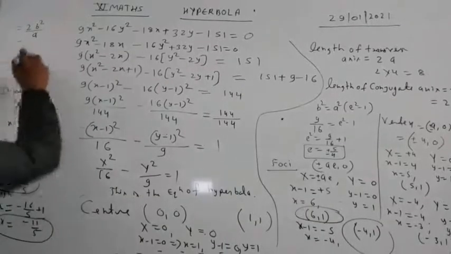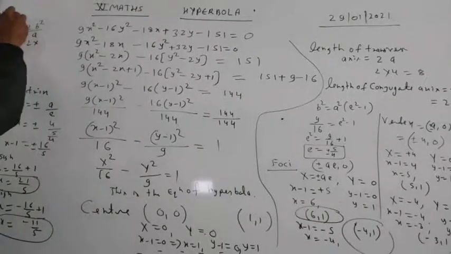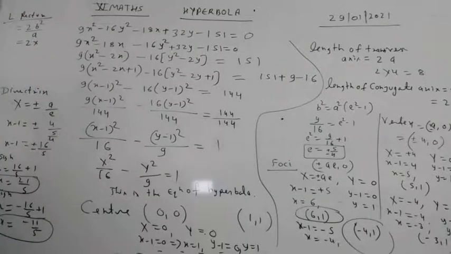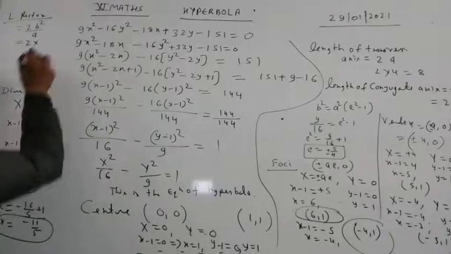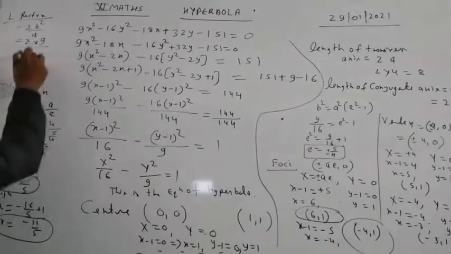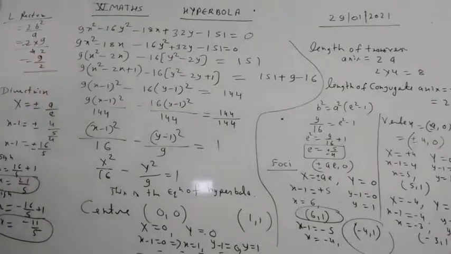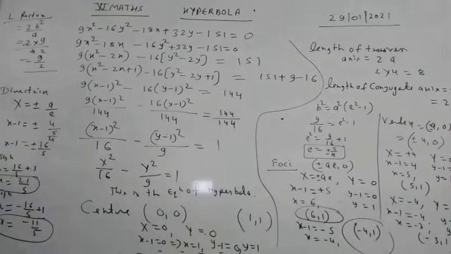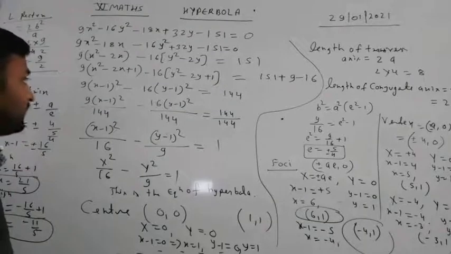Now student, our latus rectum is 2b square by a, and b square is 9 and a is 4, so this is 9 by 2. In this way we can find out the following from the given information. This is a question in which we first have to prove